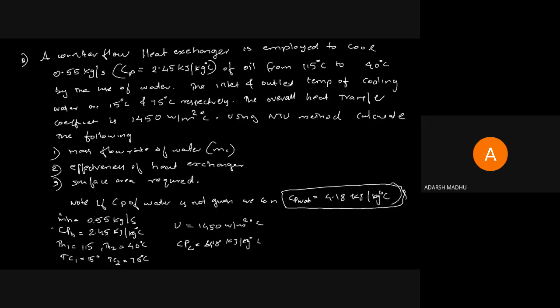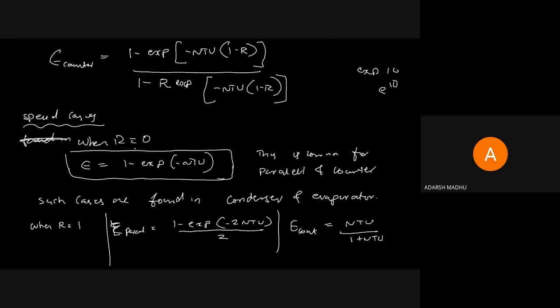counterflow. So we have the effectiveness equation for a counterflow exchanger: E counter equal to 1 minus exponential of minus NTU into 1 minus R, divided by 1 minus R into exponential of minus NTU into 1 minus R. This is the equation for counterflow effectiveness. So please check whether we can find the value,